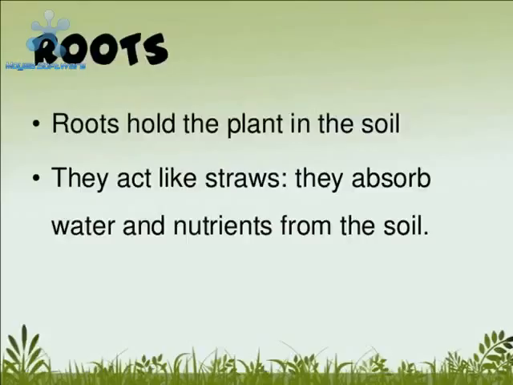They help to anchor the plant under the soil, or we can say they help to firm it under the soil. If the roots of a plant are strong, then only the plant is able to grow and to stand upright. So the most important thing is when a plant grows, the first part of the plant is under the ground, that is root, which holds it under the ground.